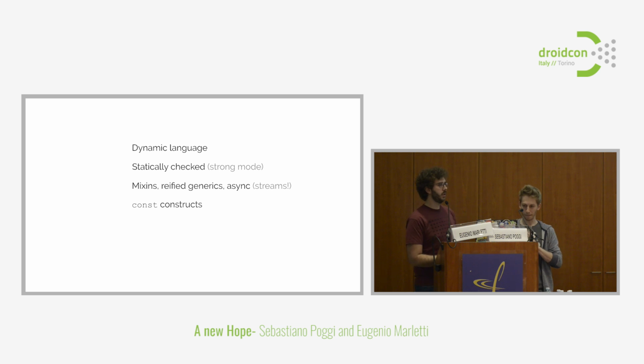Another really cool feature is the const construct, which basically guarantees at compile time already that whatever you're creating is going to be a constant. So there are no weird ways to create constants and try to ensure that they're actually constants for objects, like you have to do on the JVM. This one works.